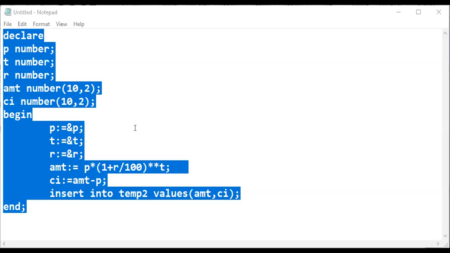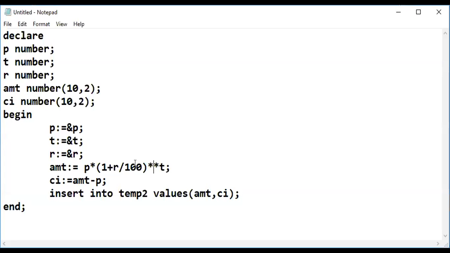Can you see here? Yes, ma'am. Execution I may not be able to show because I'd have to open Oracle again and start it. But this is one more syntax, and in tomorrow's class I'll show the execution. This is how you have to give double star. It will also give the raise to, but instead of that I thought power will be useful because people may be confused.